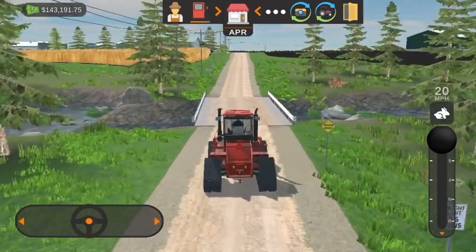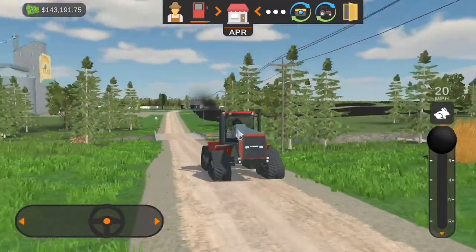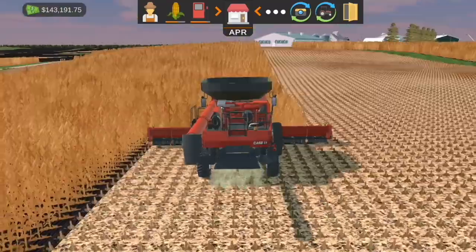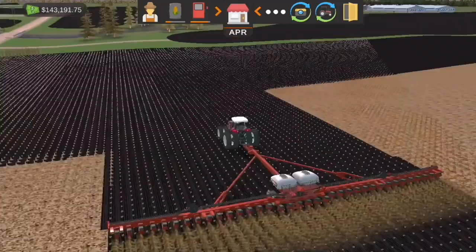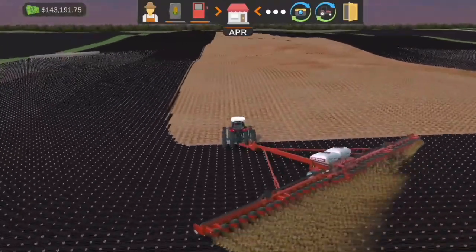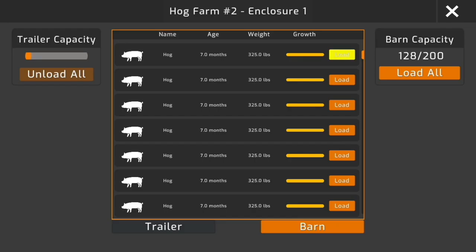Also, we'll probably be selling some hogs here pretty soon. This is still a nice tractor, so I'll probably keep it around. We'll probably just put it in the shed for right now, though. And there we go. We'll just leave that there. Looks like the combine's still going here. He's still planting. He's only got a couple passes to go here, and then we can move him on to the next field. But hogs, I think we're going to get them